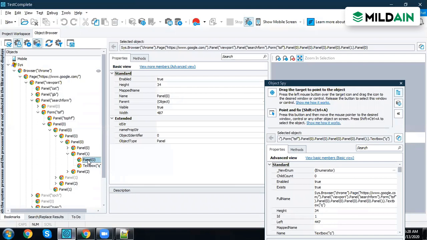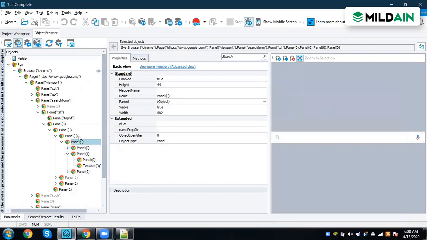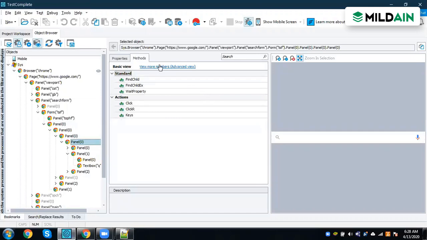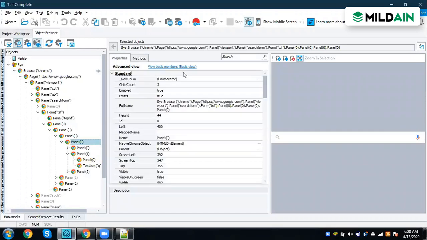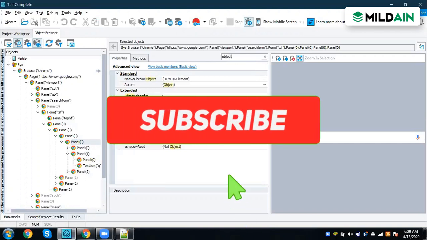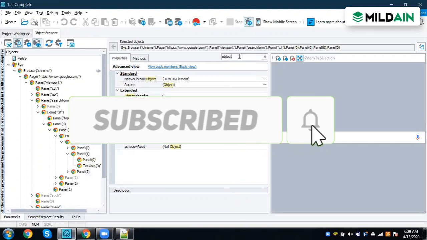And this is the structure of your HTML, or even in your desktop application, whatever the structure you have, you can see the properties and then their corresponding values, and then you have a method. So what is a method? Here you have two things. One is basic methods, a set of basics, and a set of advanced, so that you will have more properties and more stuff. And here you can use a search and you can identify the object type.